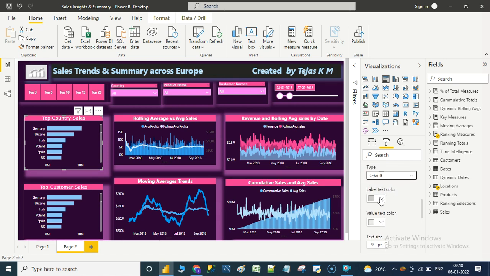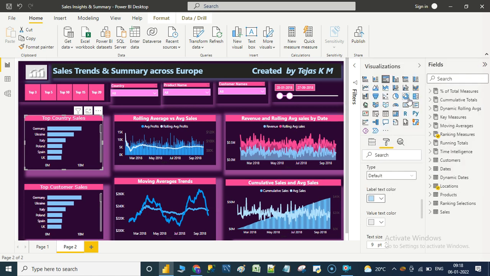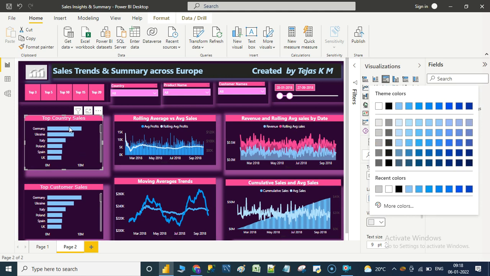Over here, let us take a light blue color. So this is actually the label text color that we would find in the tooltip, and the values, the various top sales values for various countries. So that's the color which is present over here. We can take that also similar to sky blue.